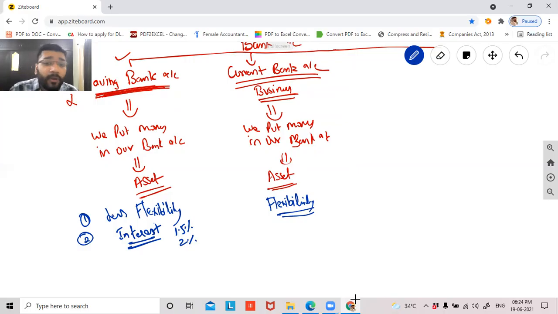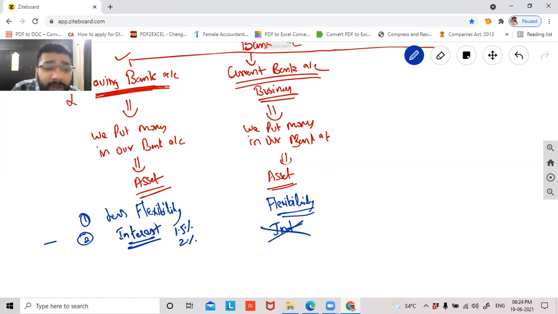Whereas in a current bank account, guys, no interest is offered, because you are putting the money whenever you want and withdrawing the money whenever you want. So money will be continuously rotated in the bank account. Today you'll put 10 lakh, tomorrow you will withdraw 8 lakh. Again you'll put 5 lakh, again you'll withdraw 6 lakh. Like that, money will keep coming and going very frequently in a current bank account. So bankers cannot utilize that money. Therefore, they cannot give the interest.